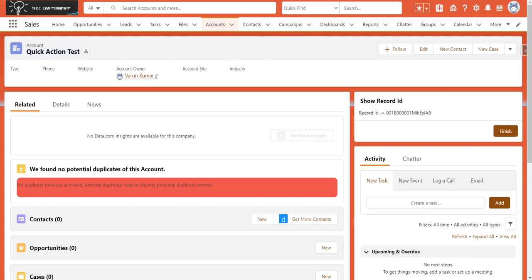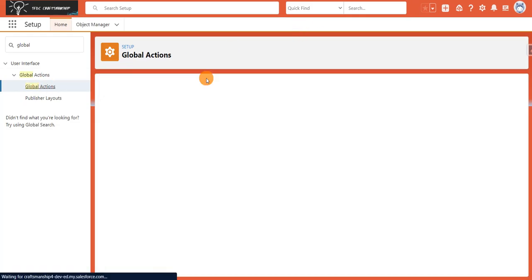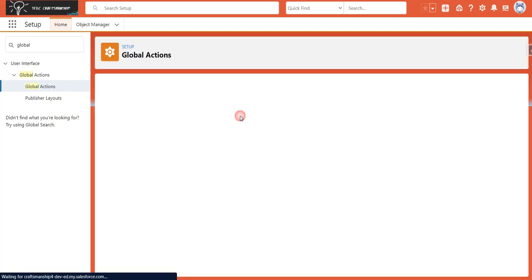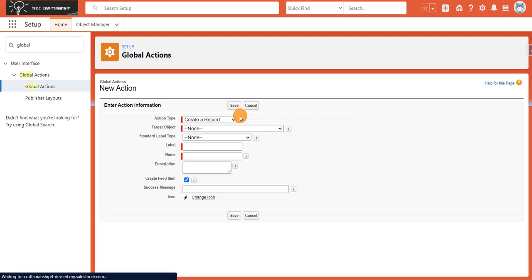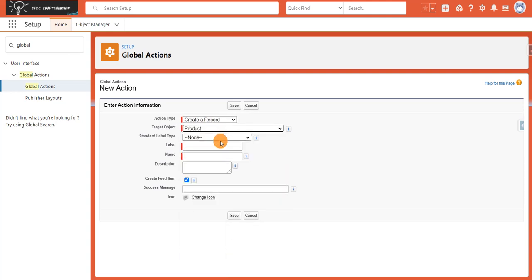Now I'll create a new global action here. So far we saw an example to create an account, but now I'm going to create another new action to create a product. I'll click on this new action, the action type is create a record, and the target object is product.